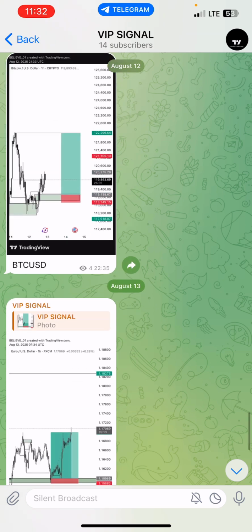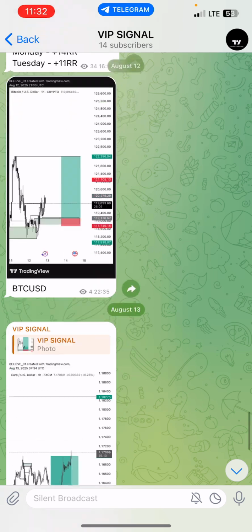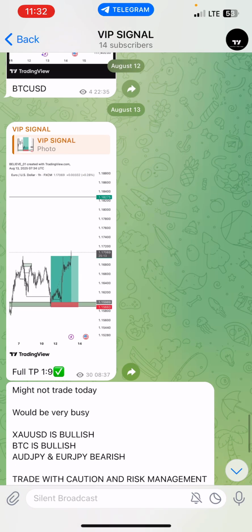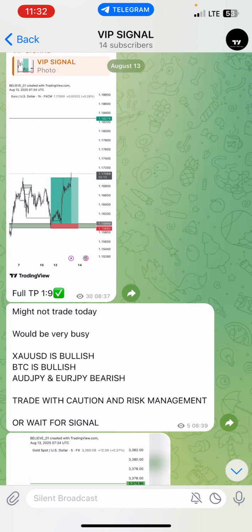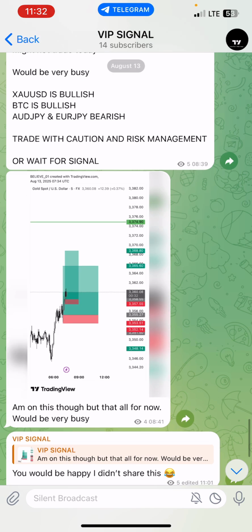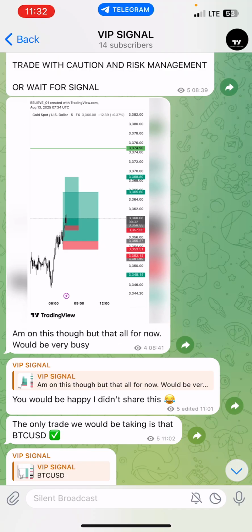Then this BTCUSD. Yeah, I think this is take profit. I sent this Tuesday night, I think. Yeah, Tuesday night. Then this was early morning of EURUSD with TP there. Okay, my note, trade today. This was 13. I didn't send this to the group, so I didn't send it to them.